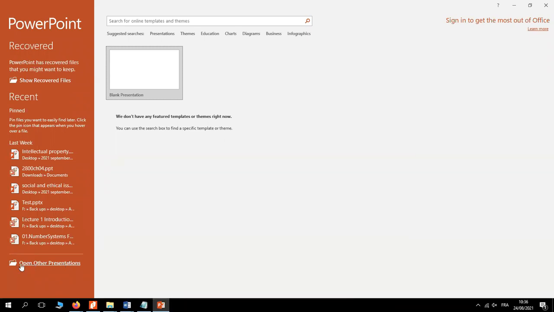Then besides that, we have our main screen here. On the main screen, among other things, we can open a blank presentation. You can open a blank presentation. But before opening a blank presentation, we can as well look out for templates and themes, okay? Some of which, for example, when I click on